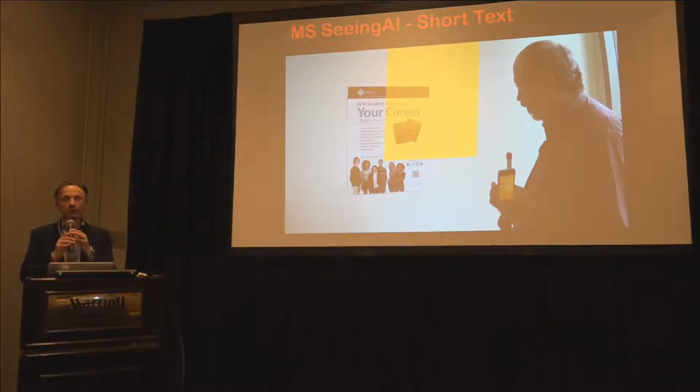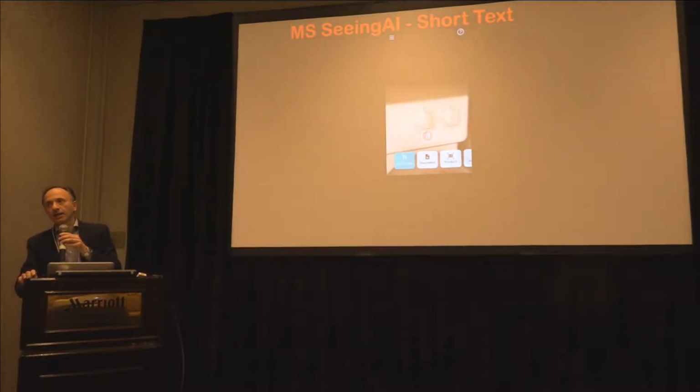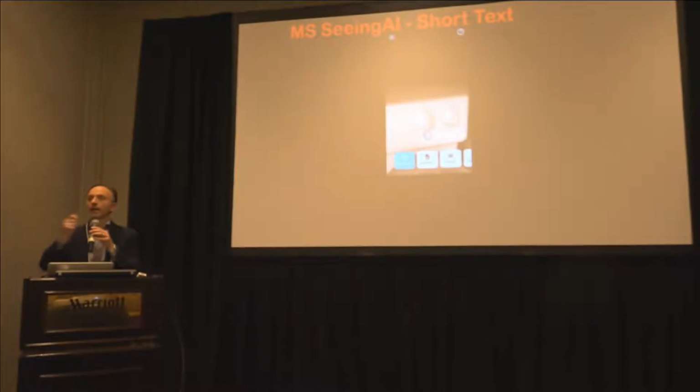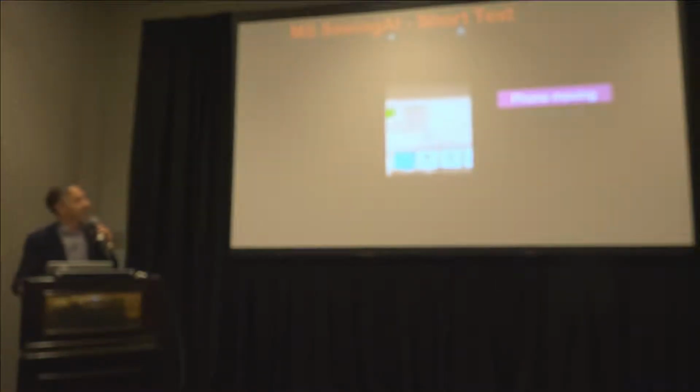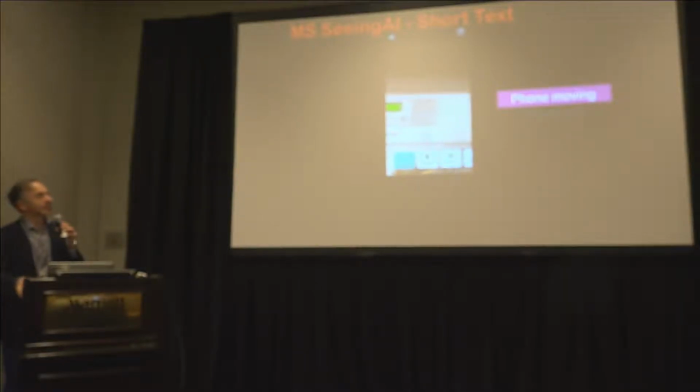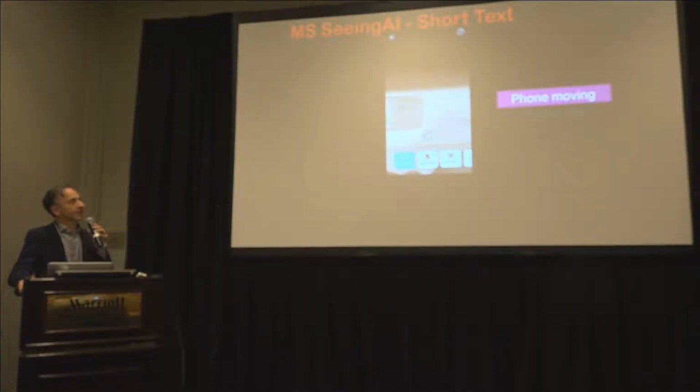Okay, so you need to scan the scene with your camera, but here comes another problem: SeeingAI, like other OCR systems, does not work while the camera is being moved. So this is a video that I took. So long as I move the camera, the system is not reading anything. As soon as I stop the camera,